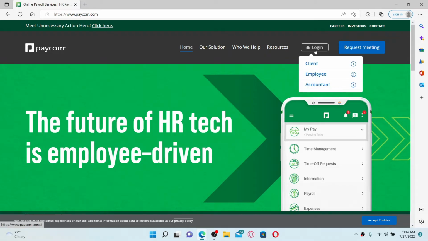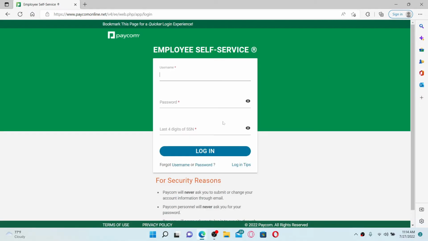Simply mouse over to the button and you should see three options displayed in the pop-up. You can log in as a client, employee, or an accountant. Choose any one option you'd like to log in with. I've chosen employee. Now, go to the text box where it says username and type in your username associated with